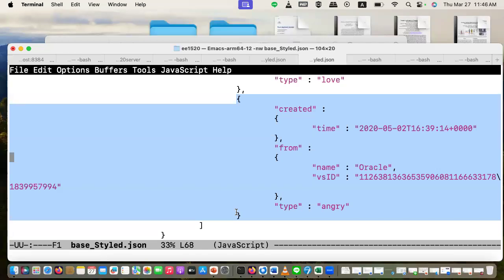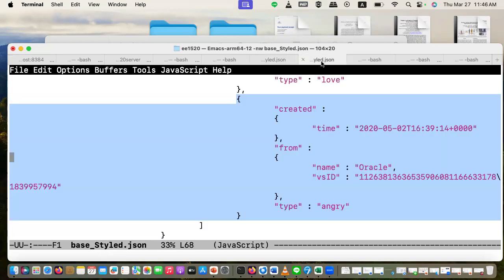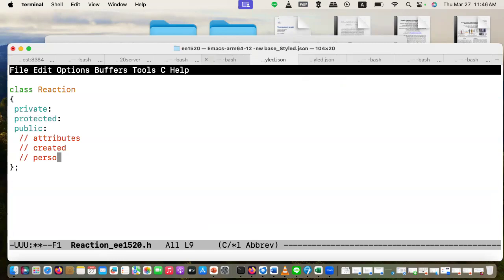We do need 3 attributes. Thank you. One attribute is about created, and one is about the person. Let me see, oh, from. The attribute name should be from.